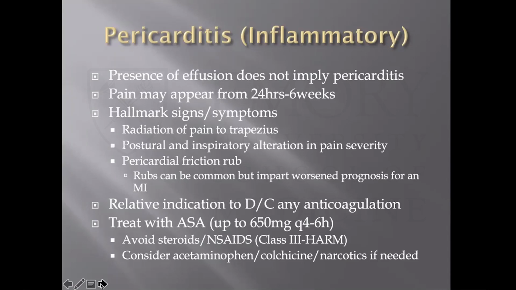If the patients are on anticoagulation for any reason, if they have another condition for which they're on it, or you're treating them, let's say they have an apical aneurysm, as we'll talk about later, you may think about a temporary hold on this just for the possibility of a hemorrhagic transformation. It's not guaranteed, but there's a relative indication to think about this.